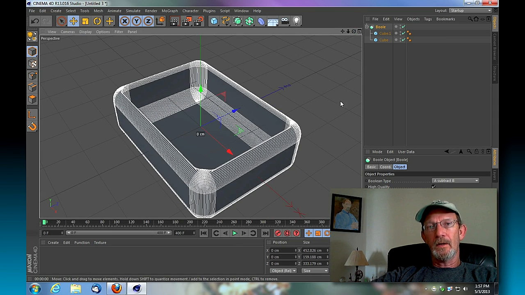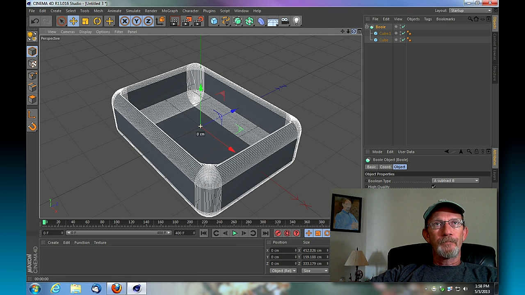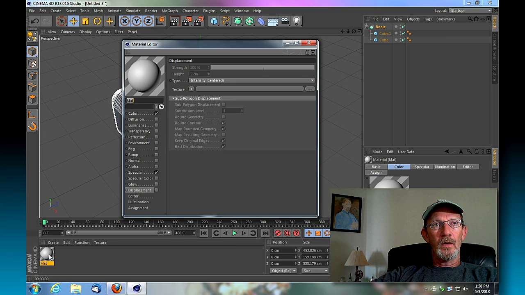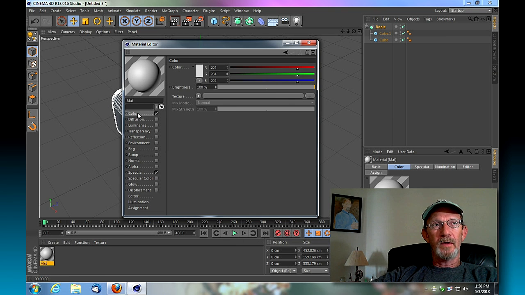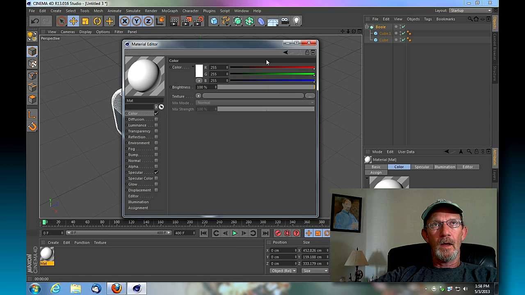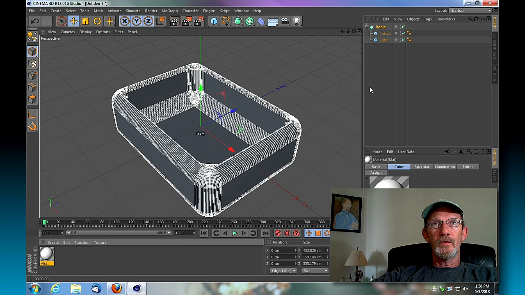And this is going to be like a tub or some type of container that would be suitable to hold a quantity of water. So we're going to create 2 new textures. We're going to apply a texture on the outside of the box, and we're going to apply a texture on the inside of the box. So double click down here, and this first texture, we're going to leave all the settings as default. We're going to select our color, and we're going to move it up to a pure white. And at that point we're going to take our